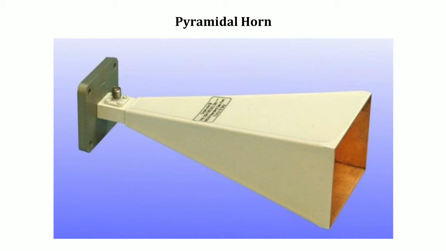So this acts like an impedance matching transformer, allowing most of the wave energy to radiate out at the end of the horn into space with minimum reflection. So it allows most of the electromagnetic waves or radio waves to radiate in space with minimum reflection. So this is the basic idea in providing flaring at the opening of the waveguide. This is the basic working of the horn antenna.